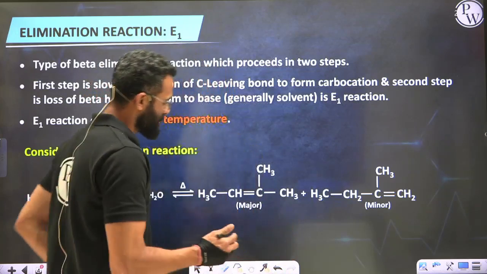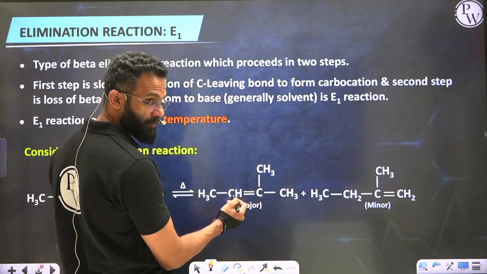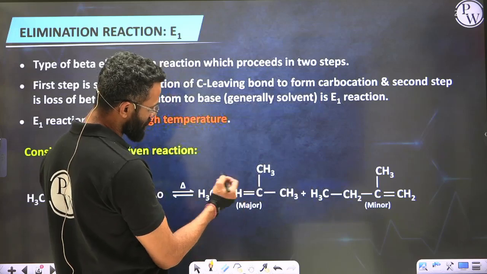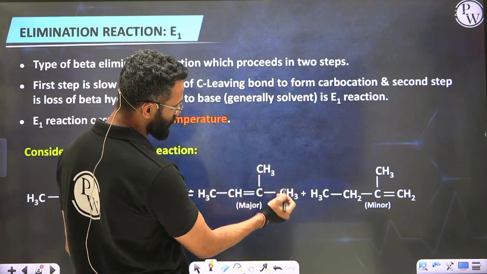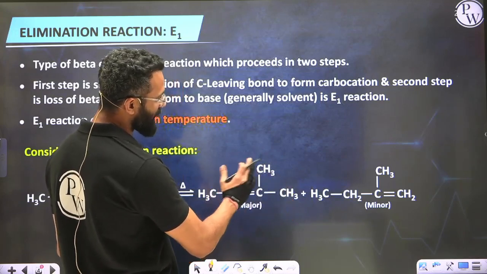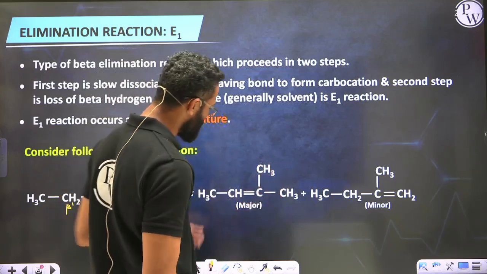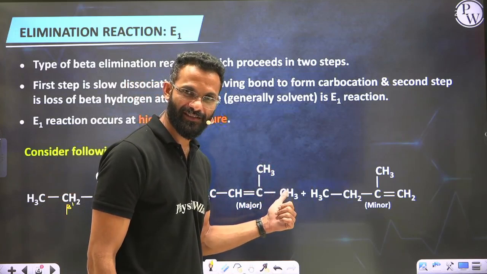Hence, with respect to the carbon-carbon double bond, if you see, we have got 3 alpha hydrogens here, 3 more alpha hydrogens here, and 3 more here as well. So this alkene will have a total of 9 alpha H's, as a result of which it can show 9 hyperconjugating structures. On the other hand,